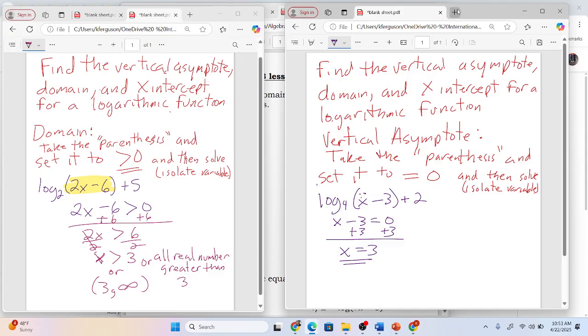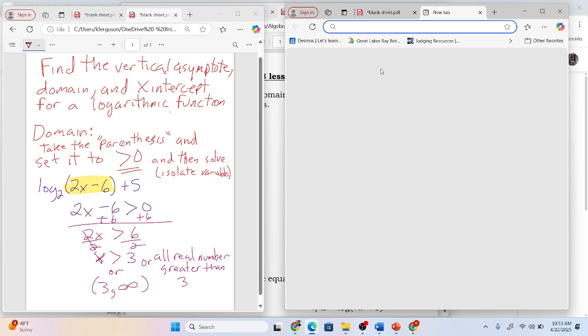Now, just so we're clear on what a vertical asymptote is,